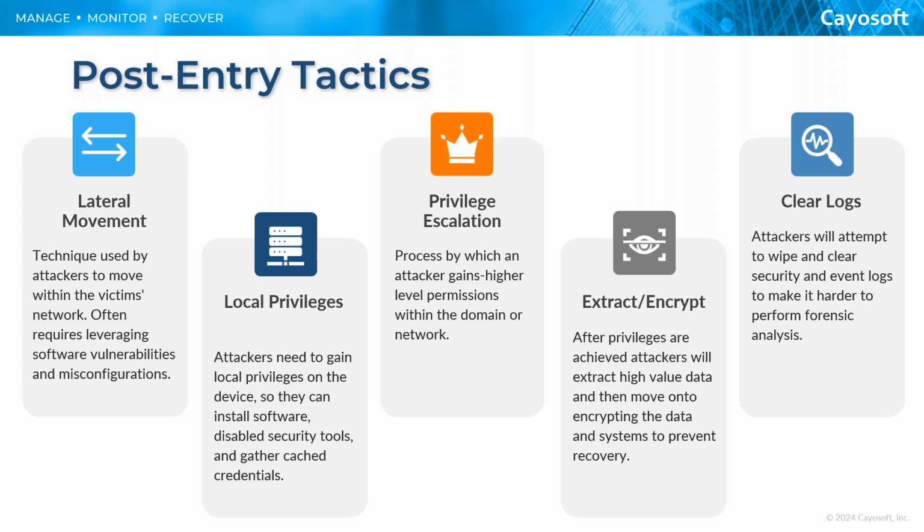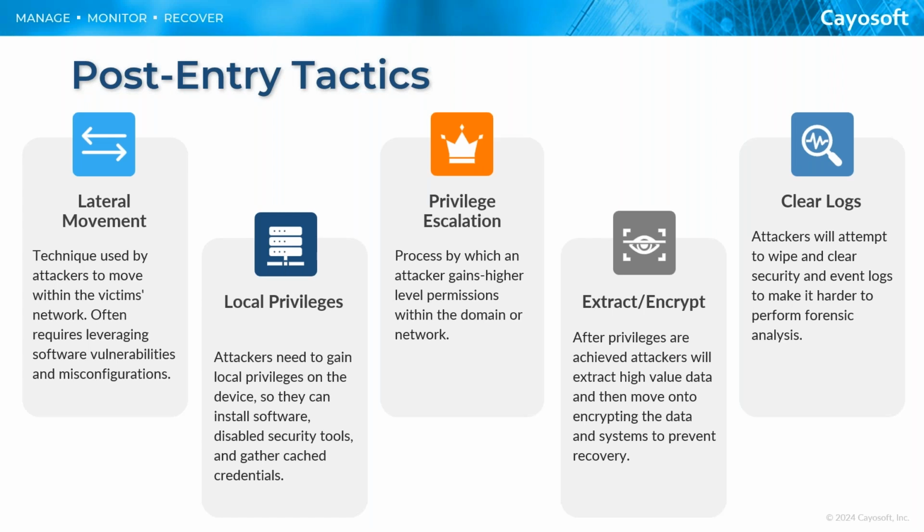They're trying to get local privileges. An attacker needs to gain local privileges on a device. Why? So they can install software, disable security tools like EDR, as well as gather initial cached credentials. Once they gather those initial cached credentials, they'll review them to see if any of those are high privileged. And if they're not, they'll then look for AD reconnaissance and move to privilege escalation. So now they either go after and attack these weaknesses within your identity platforms to get privilege escalation within your